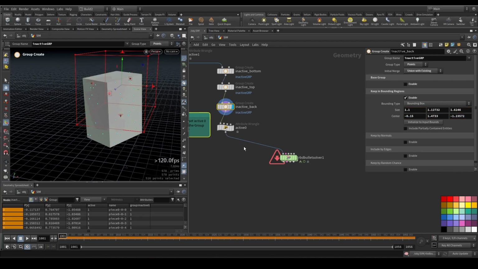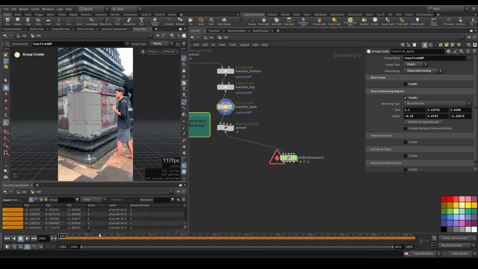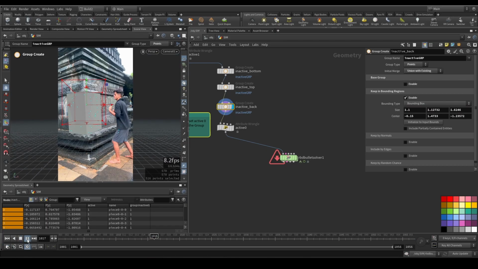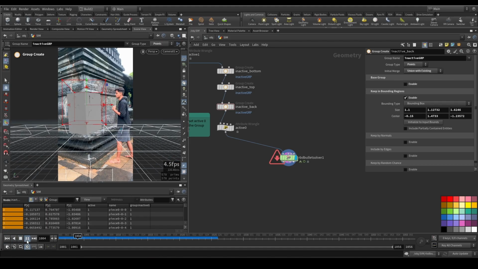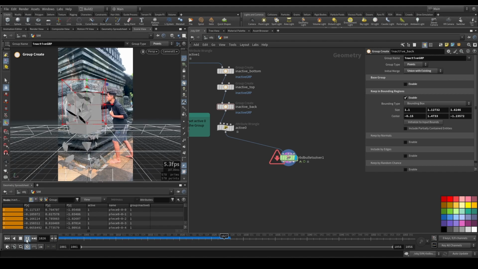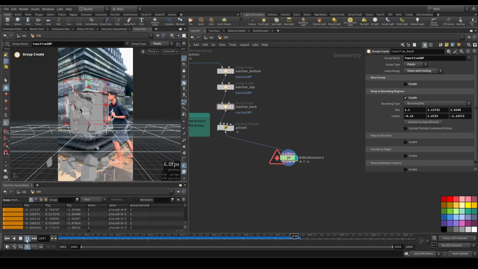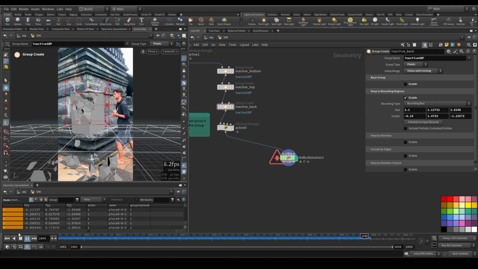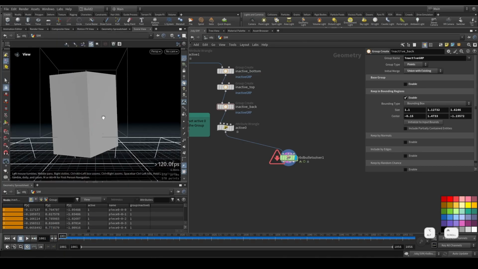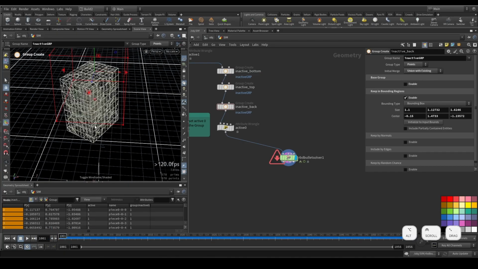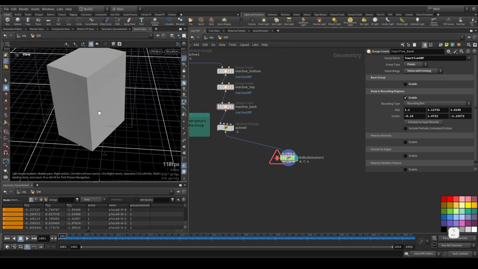Let's make it like this and see. Okay, we are reaching there. So we have our pieces set up and breaking,